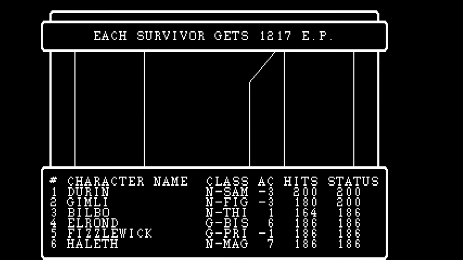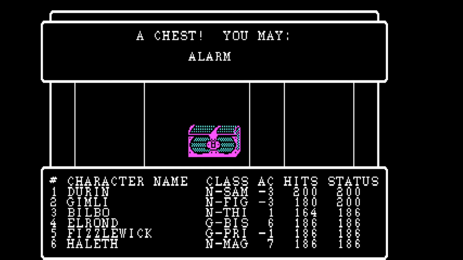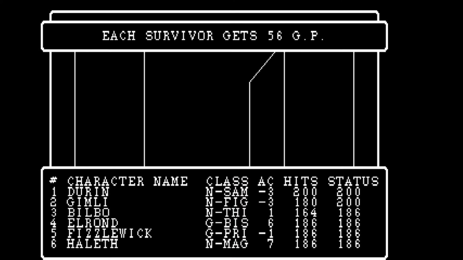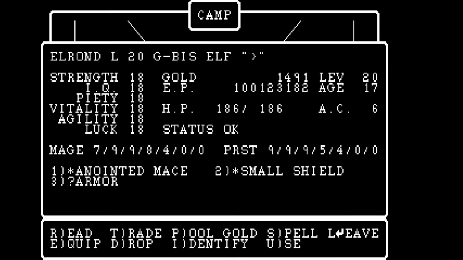Down go the samurai. We'll see what's in the treasure chest. Once again, I only care about items. I don't care about anything else. Armor. We'll take a look at that. I did fight some tough enemies, so there's a good chance there's something good in there. And then we will heal. Elrond will